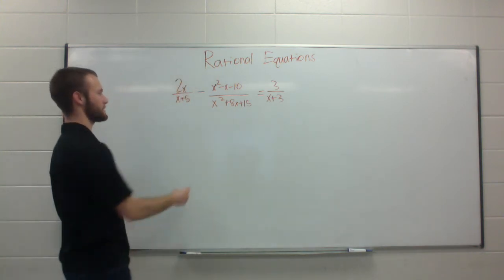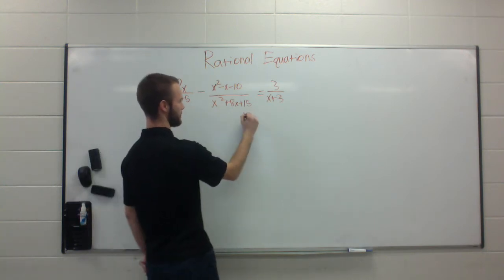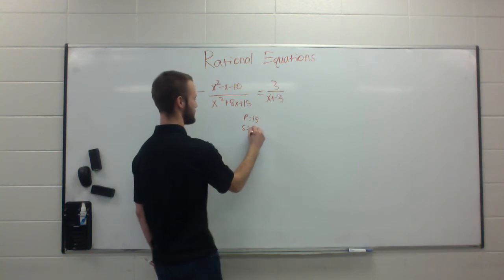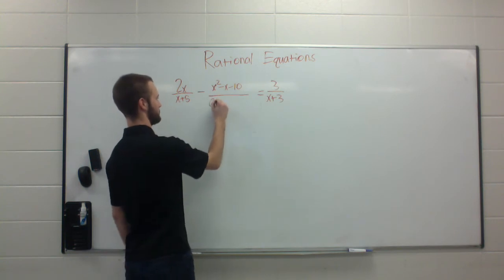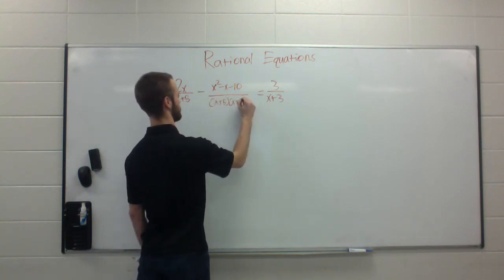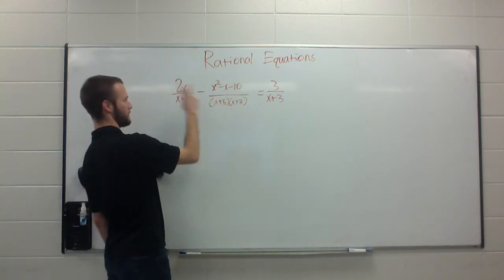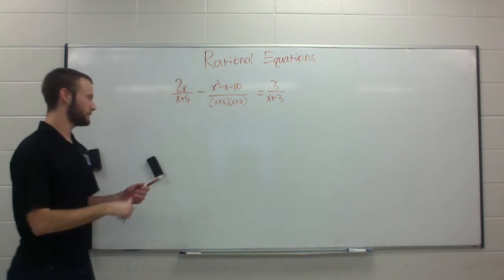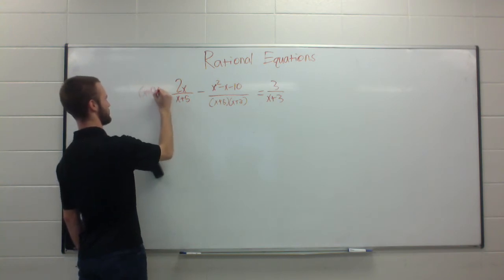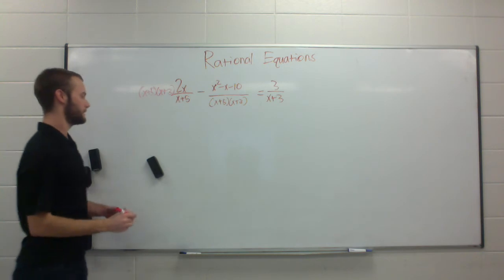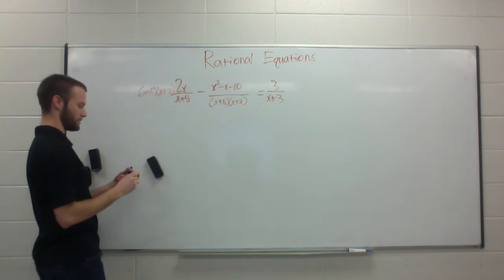But one thing we can do to help us is if we factor this, so we know x squared plus 8x plus 15, we have a product of 15 and a sum of 8. So that factors to x plus 5 times x plus 3. And suddenly our lives just got a lot easier. If I multiply by this denominator on all 3 terms, then, watch, so times x plus 5 and x plus 3. Here we have a pair of x plus 5's divide to 1, so we're left with